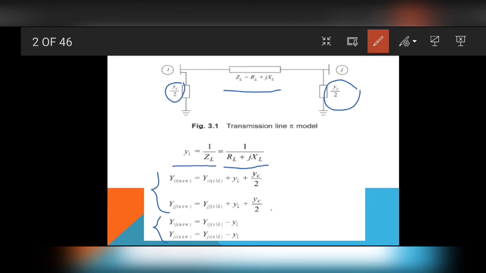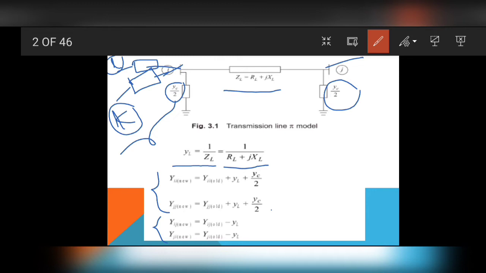Suppose we consider that to the ith bus already we have kth bus connected with the impedance, and then we have lth bus connected with impedance. Similarly to the jth bus also. Now these all which are already connected to the ith bus are called as old values. Now we are introducing the I to j, that is ijth bus. Additionally, that is ZL we are including.